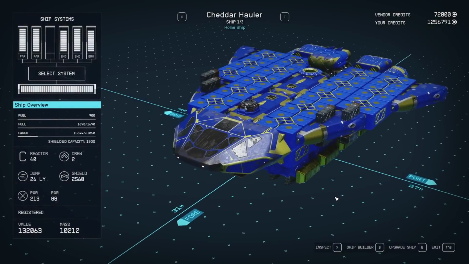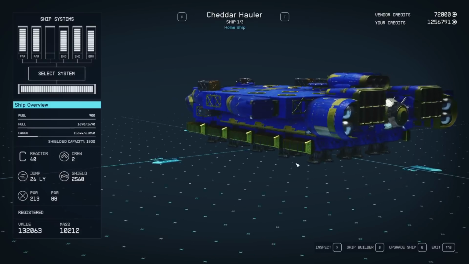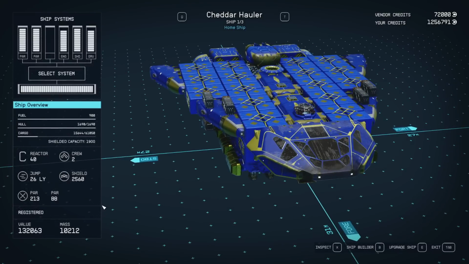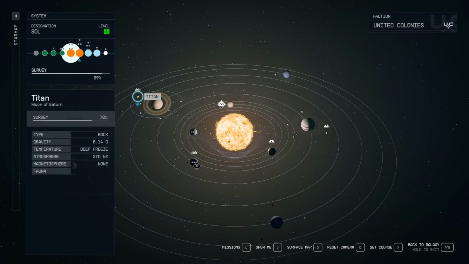Let me show you how to build the ultimate hauler fighter in Starfield. This is a ship build guide with a complete walkthrough. Enjoy. This beast will hold over 61,000 cargo as well as 1,900 shielded cargo, and man oh man does she evaporate the bad guys. The first place you'll want to hit up is New Homestead in the System of Sol